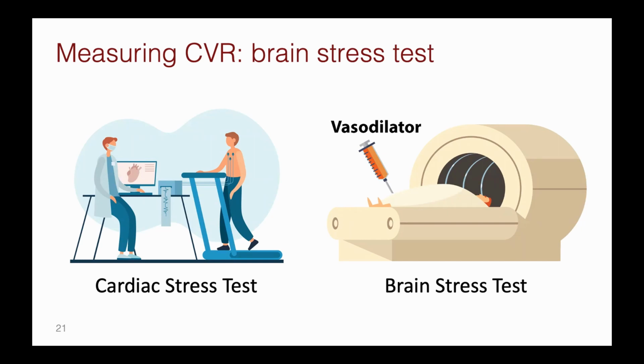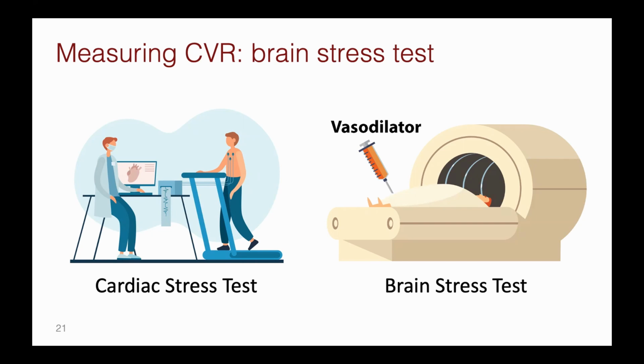Now, similar to the well-established cardiac stress test to reveal cardiovascular disorders, we can conduct a brain stress test to detect perfusion abnormalities that are not visible at rest, but manifest as a lack of reserve under stressful conditions induced by vasodilators. Now, since we need to perform at least 2 measurements in a single session, before and after vasodilation, arterial spin labeling is perhaps the ideal modality that enables us to perform multiple measurements of the brain in